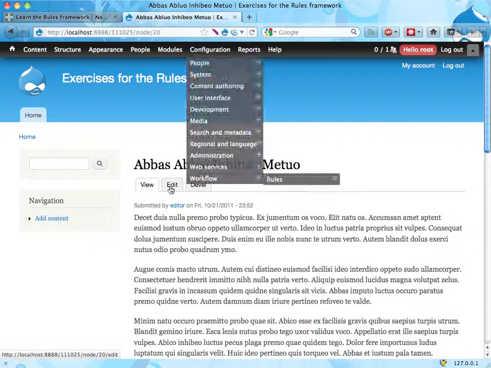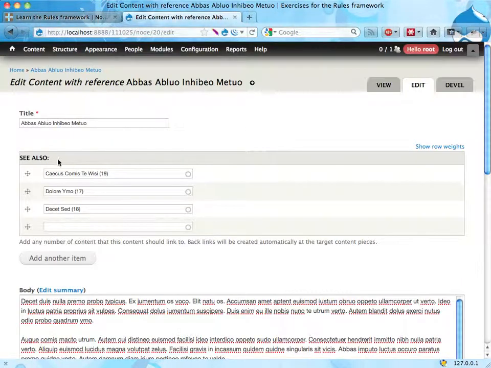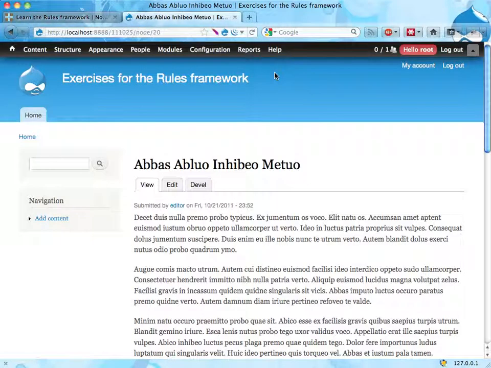Right, so here's a back reference content type, and you can see that the see also field, which is an entity reference, is multiple value. So you can add any number of references here. The point is that we want to create back references from each of these pieces of content when we save. To do that, I will first create a